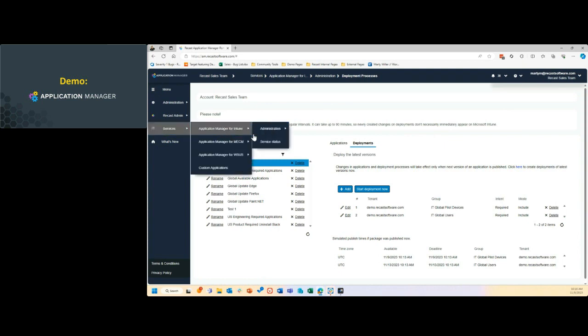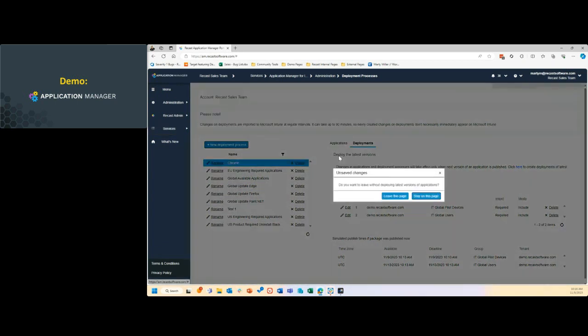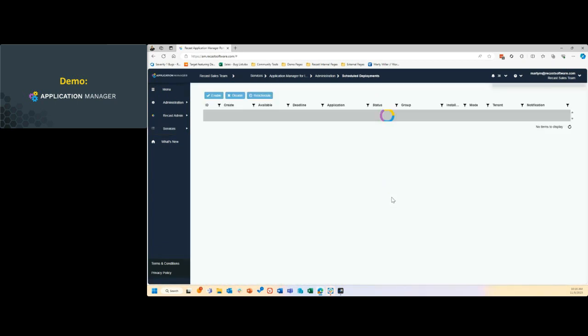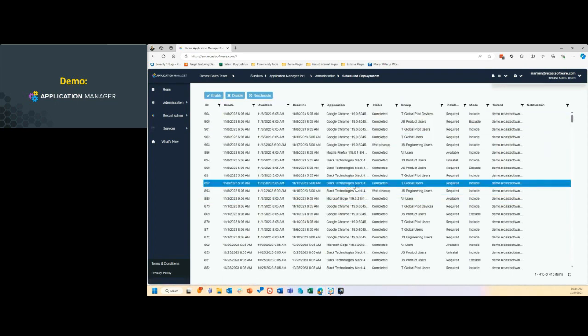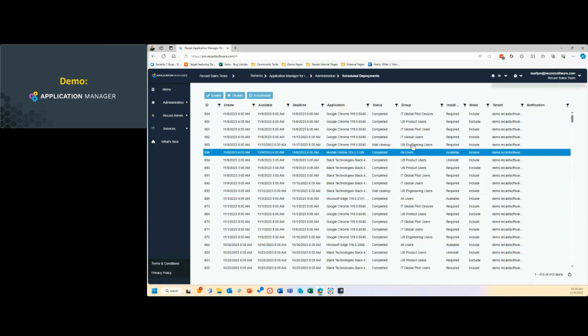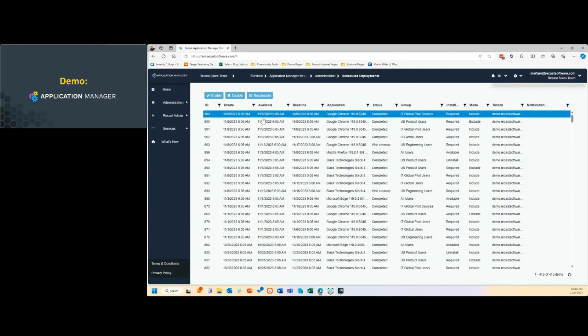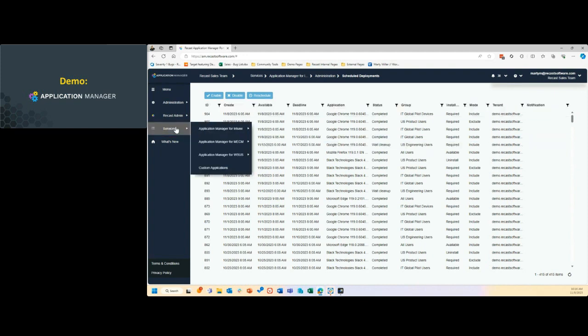There is one other thing we can take a look at on the Intune side, which is what has happened as far as scheduled deployments go. We can see here are the deployments that have been completed or have been sent, so that Intune is working on these. Intune is right now making these happen, essentially. Because of how Intune does all of its things, with plugins and how that all works, this is where you would be setting all of your settings for Intune,